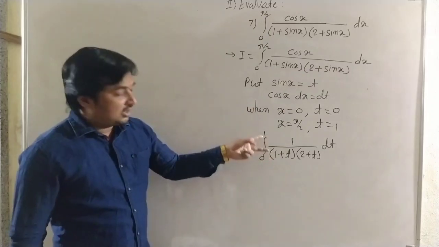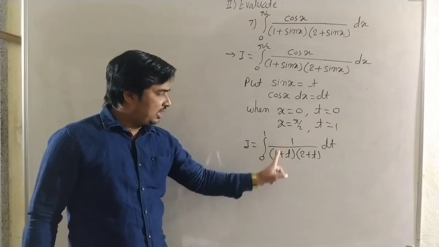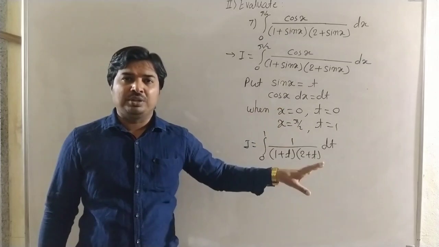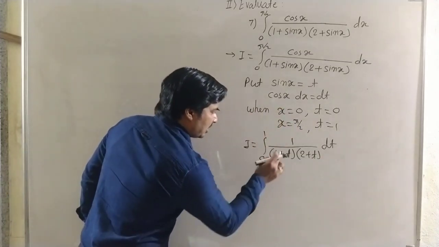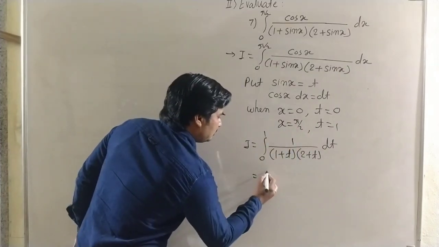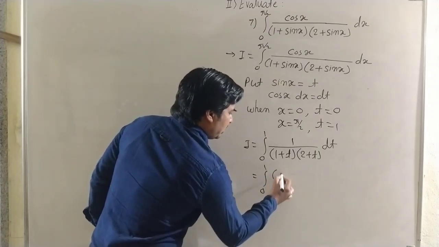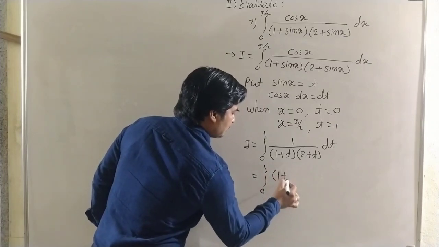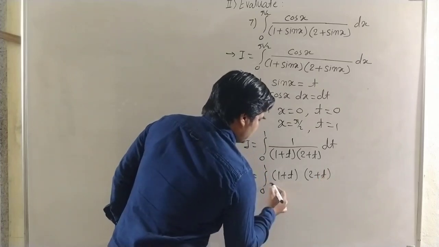Okay, then use the special integral, or by partial fraction, this function is equal to a upon 1 plus t plus b upon 2 plus t, and then find the value of a and b. It is a partial form. And the partial form, the another way, here we adjust these two linear factors in the numerator. Integral 0 to 1. These two linear factors, see carefully, here it is a 1 plus t and it is 2 plus t. We can adjust both the linear factors.